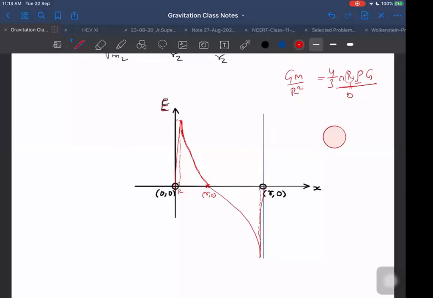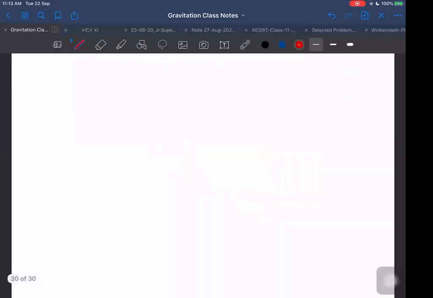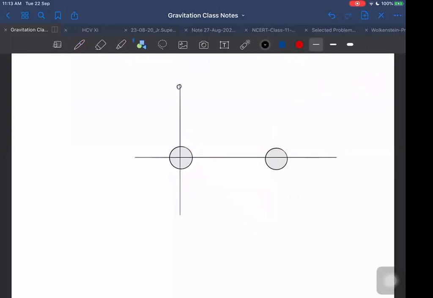I think I should have taken bigger masses so that it becomes clearer rather than taking point masses. If I take bigger masses, then the graph will be more appropriate. Let us take bigger masses. One mass, second mass. And again, as usual, we have to plot the graph. This is our field axis. Along y, I will plot just field. Along x, I will plot only coordinate, and these are the two masses. Assume, as last time, m1, m2, etc. Those are the masses, and this is at a distance.